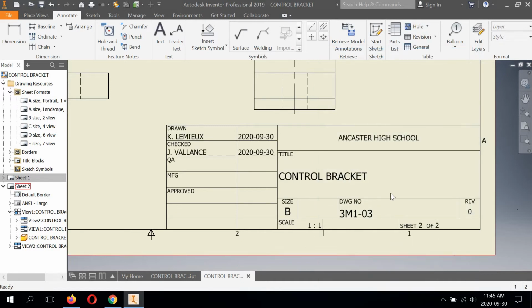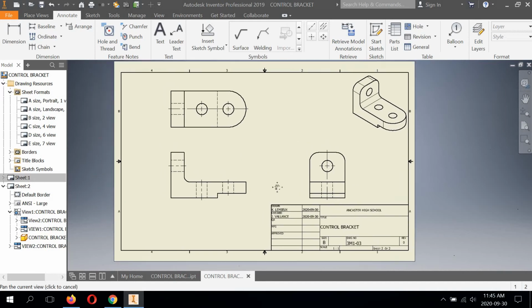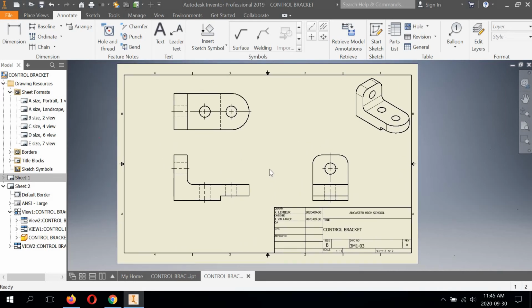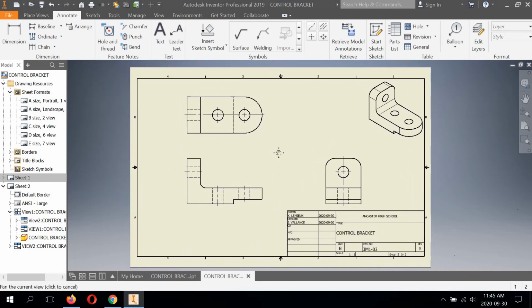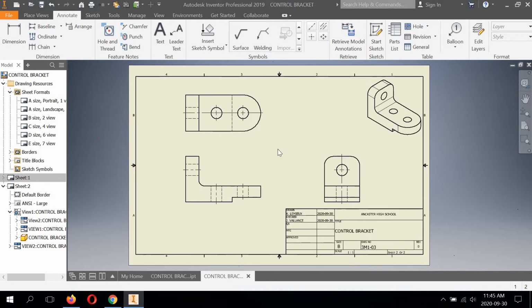Apply, close. All right, so we take a look at this, make sure everything went where it needed to go, and it has. So now we're ready to start dimensioning this. So we're going to have to create another dimension standard for this. So when I click General Dimension to begin, it shows here on the right,